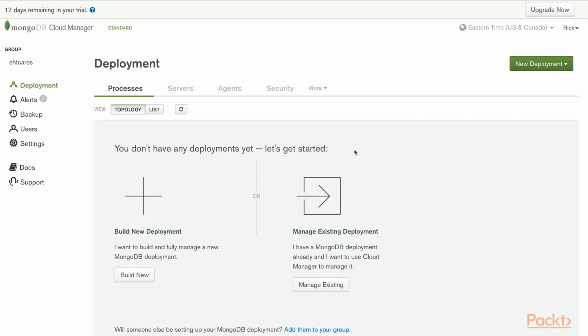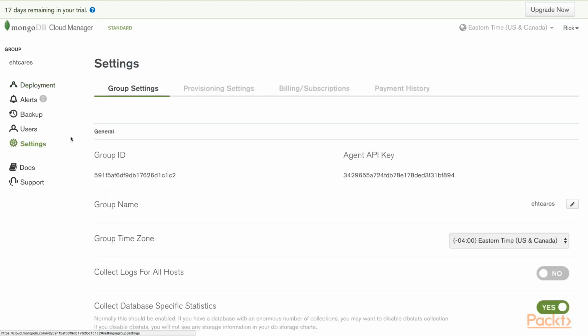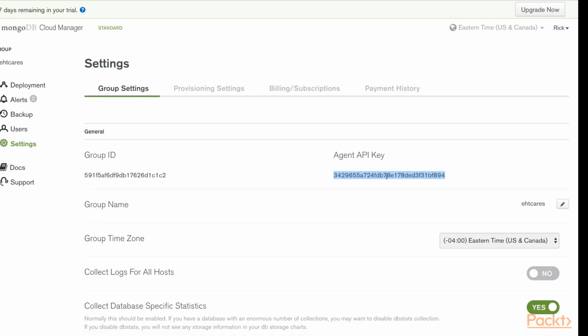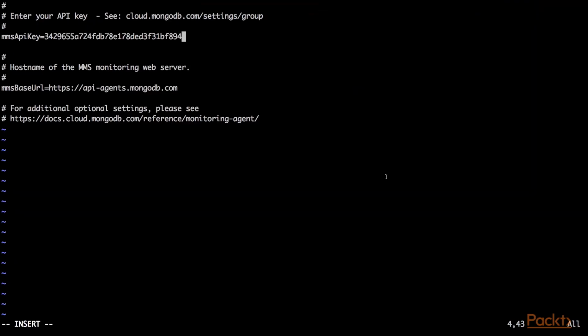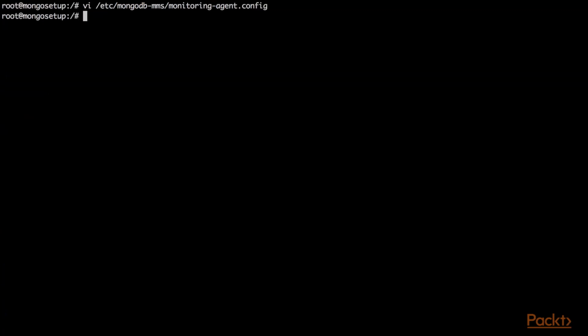So here's the MongoDB Cloud Manager. This is what you're going to see when you first log in, or it's going to be what you see when you have 17 days left in your trial at least. So the first thing that we need to do here is we need to grab our MMS API key. So I'll go to Settings, and here's our agent API key. So I'll just grab that, copy it, and I can paste it here and save that file out. And now switching back,